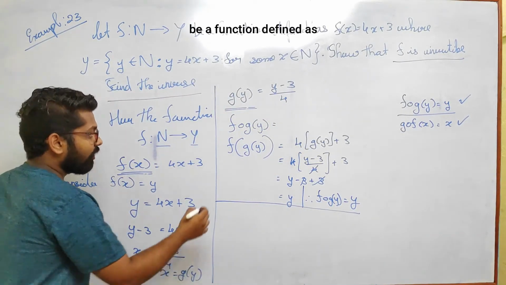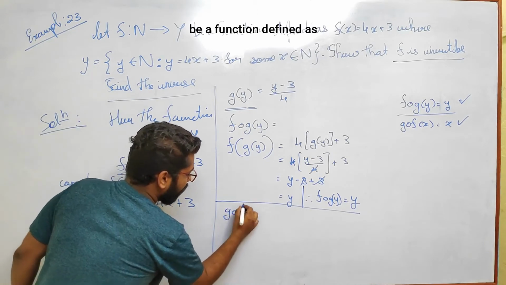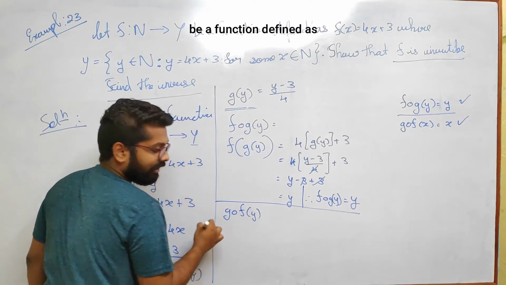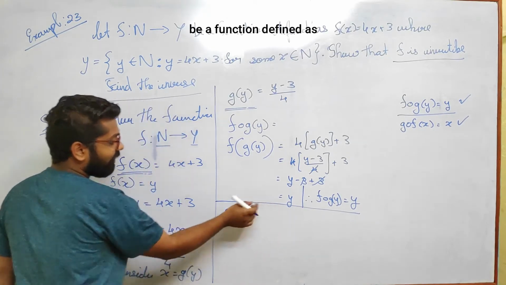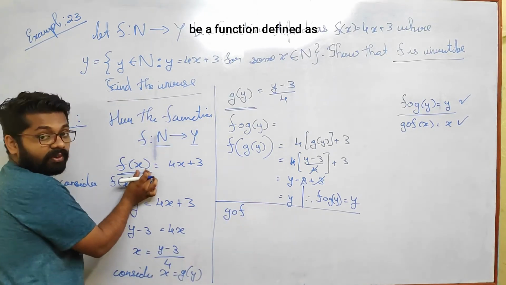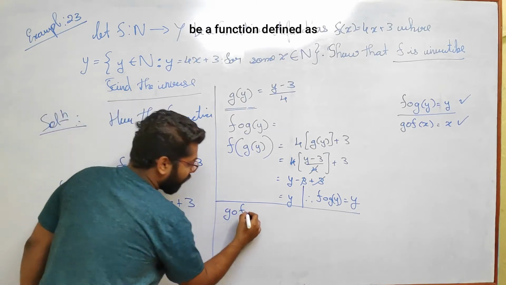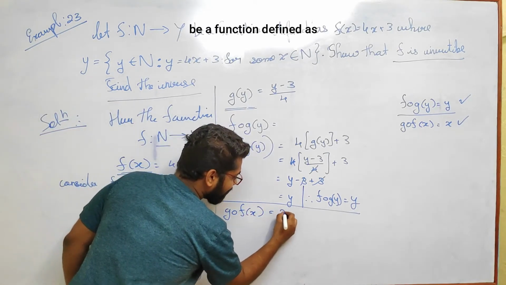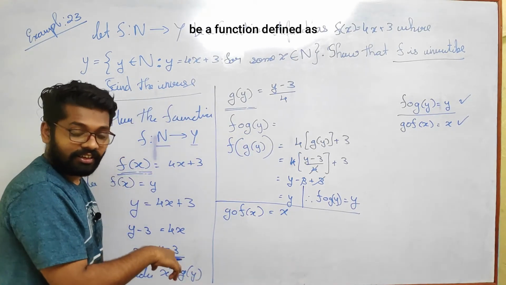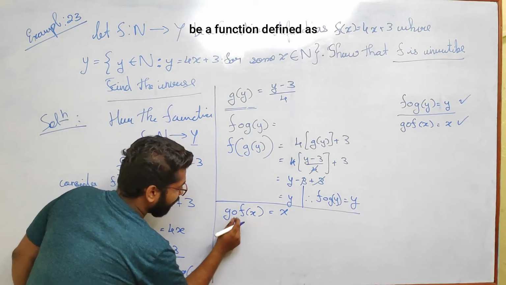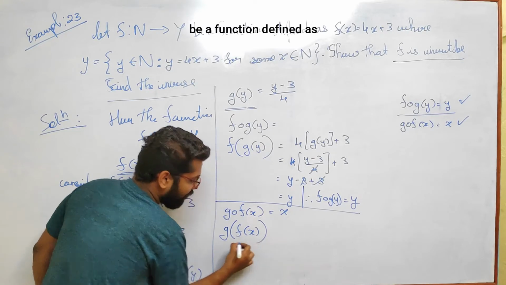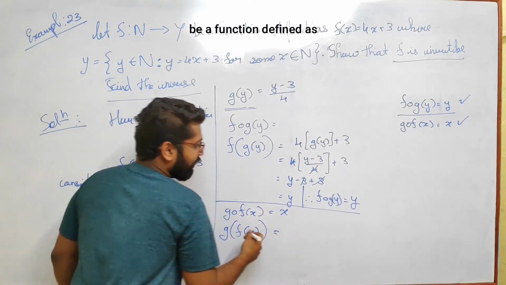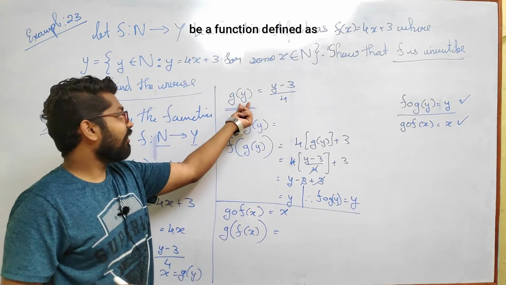Okay, now we are going to prove gof y. Not gof x, x will not come. y, x it will come, because the function is associated with what? x. So fog x it will be. We have to prove fog x is equal to x. Okay, so let us see now. This circle will open and you are going to get g of f of x.